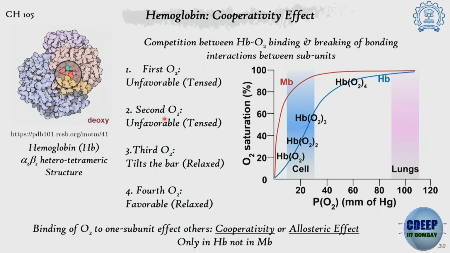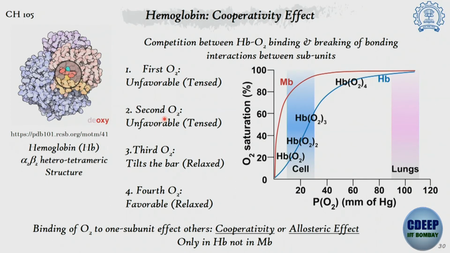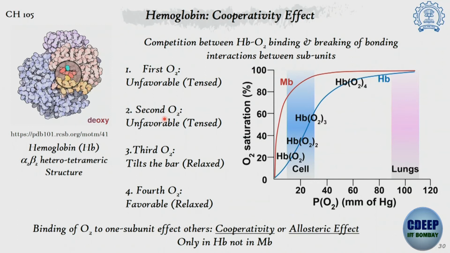Then comes the second oxygen. It gets a little better because now you are putting the energy of two iron-oxygen bonds in to change the overall dynamics, but still it cannot overcome the overall barrier bound to this change in the dynamics of the four subunits of the hemoglobin. So, even at the second oxygen binding, it is not good enough to create a very good oxygen binding. But the third oxygen binding changes the game.